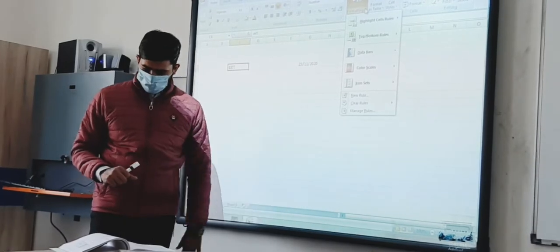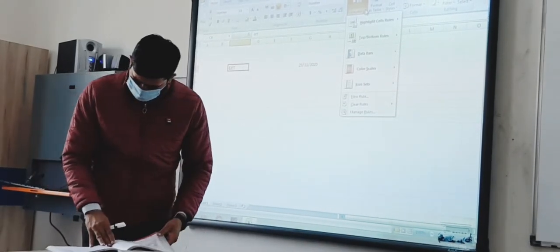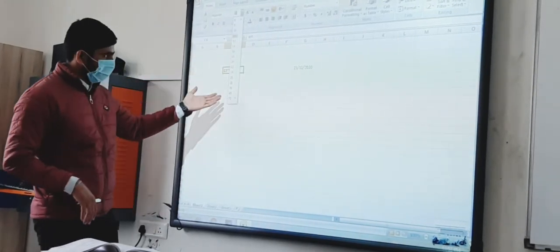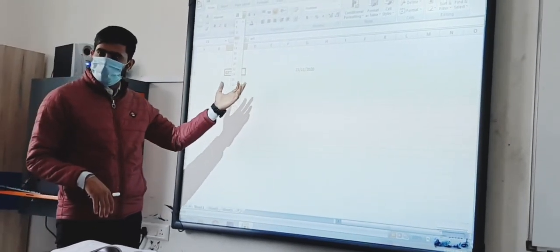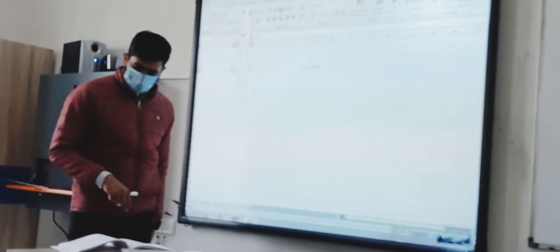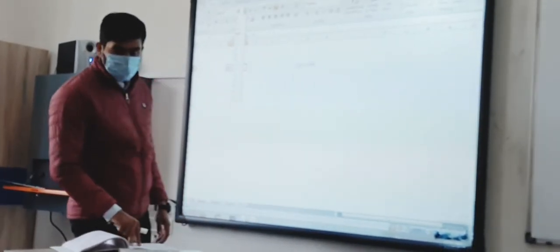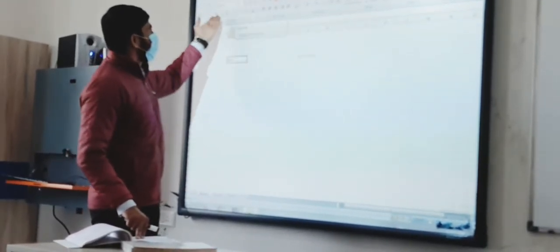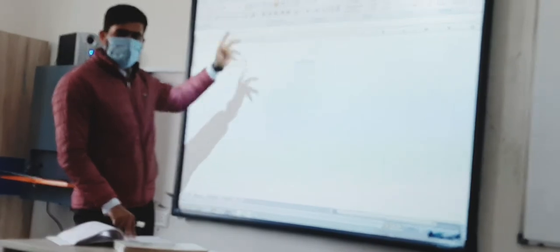Understand? Yes. Good. So next thing is, if you want to change the font size, then you can select the numbers. Okay? So these will help you to increase and decrease the size of the text. Okay? Bold and italic, I have already told you how to perform. Select the text and press bold.